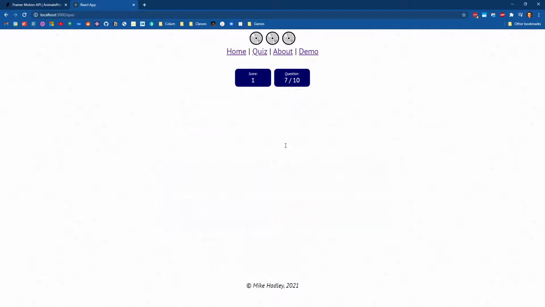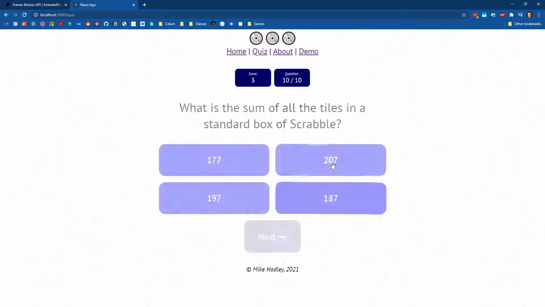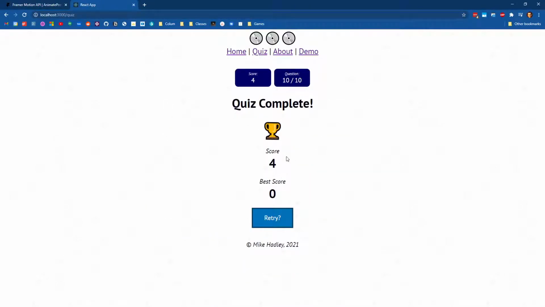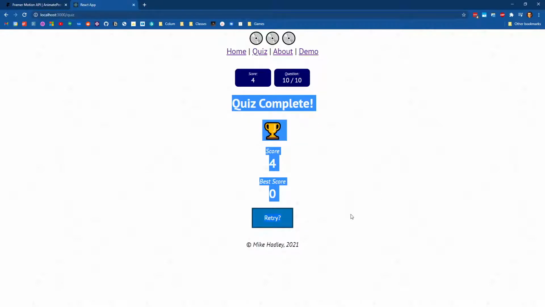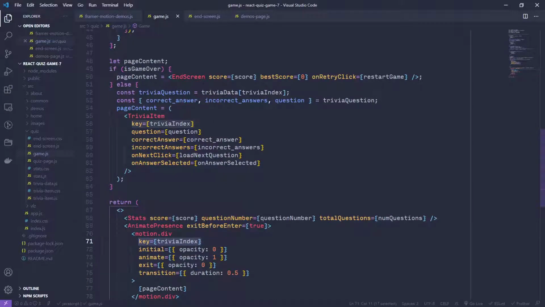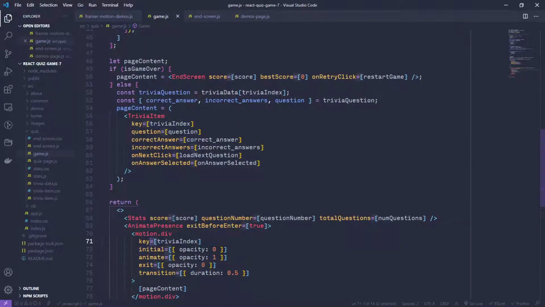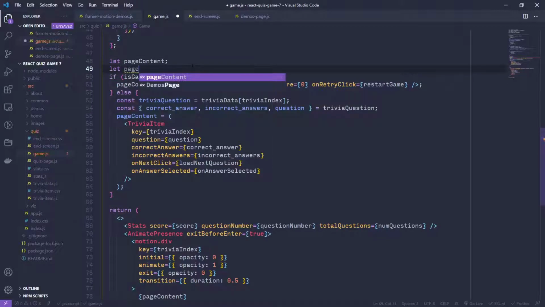The one problem we're going to run into is when we get to our last question and we go to our final page, that key is broken. When we're putting our final page content as end screen on there, the key, the trivia index, is the same as it was for the last trivia item that was on the page. So actually what we need to do for this key is make sure that we create a